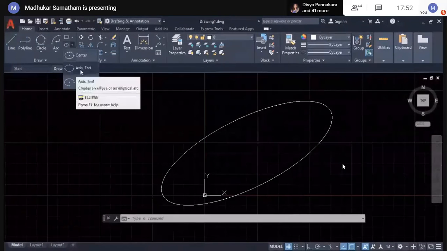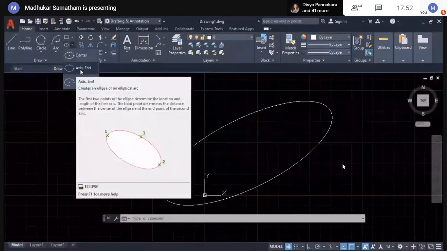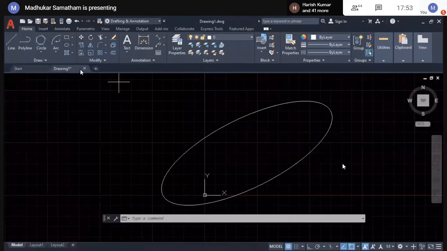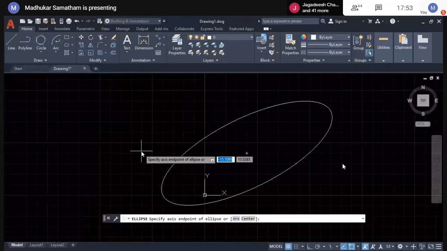Second one is axis and endpoint. Here you can read it out for better understanding. Second, our arc center.